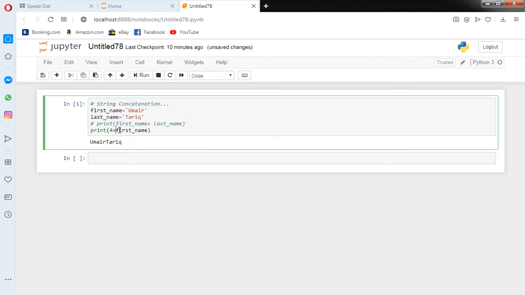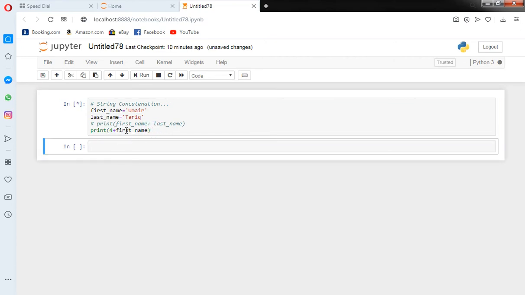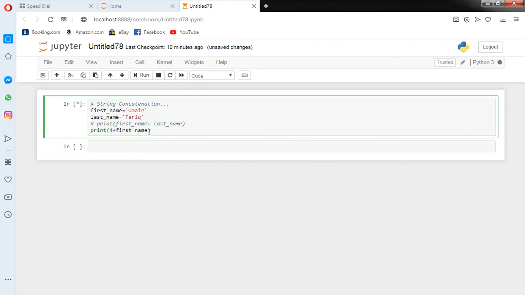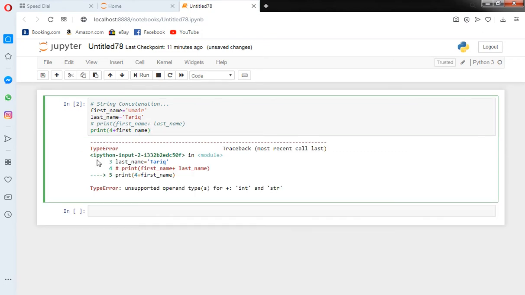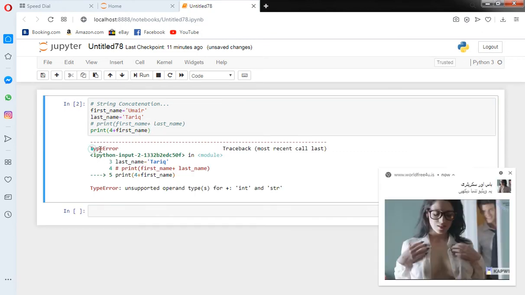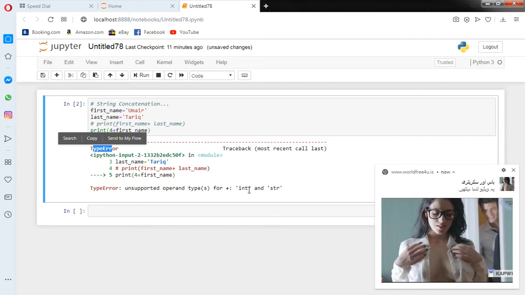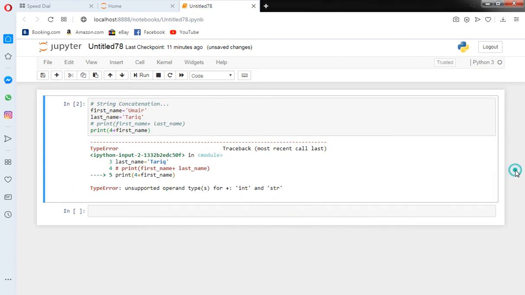If I run it, then it creates an error here, a type error. The error is that integer and string with plus cannot work to add these two different data types.